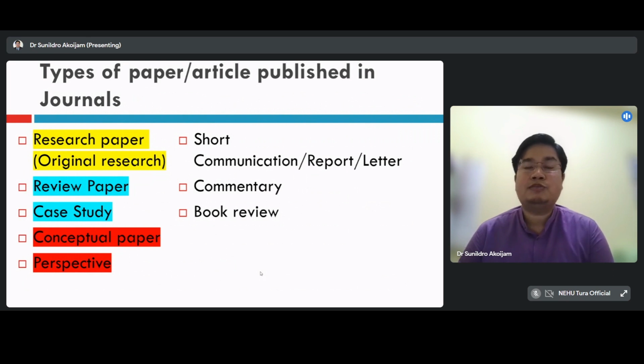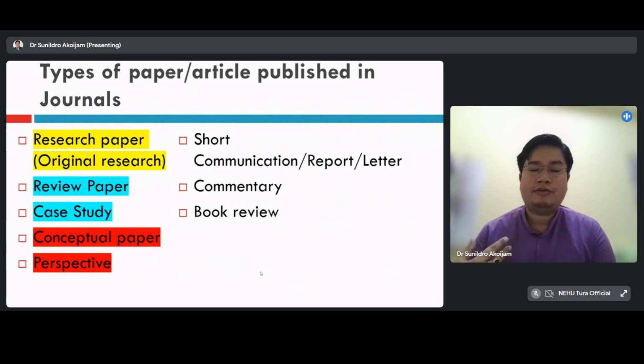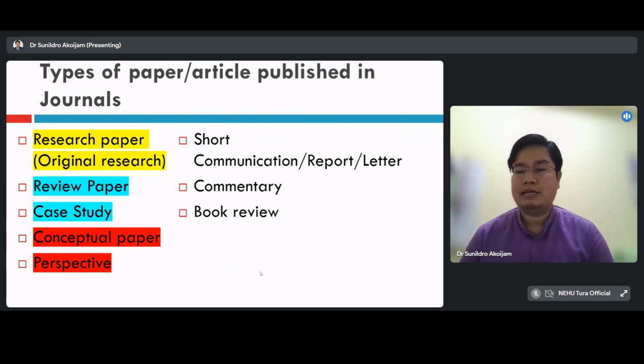And coming to the next, the perspective paper. Similar to the conceptual paper, the perspective paper is normally written by someone who has a rich experience. In the perspective paper, you write your perspective on the basis of a recently published article related to an issue. It means you are trying to give your own viewpoint in terms of a recently published article. For example, let's say